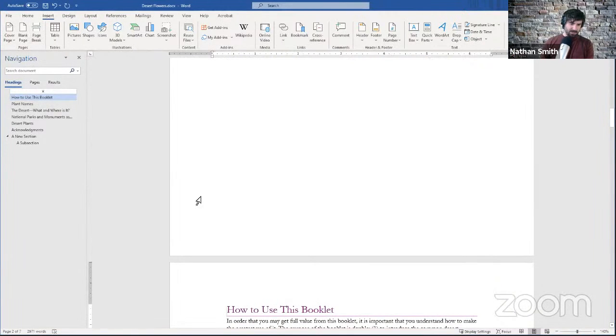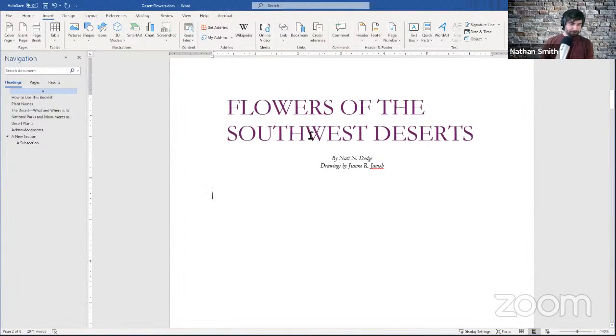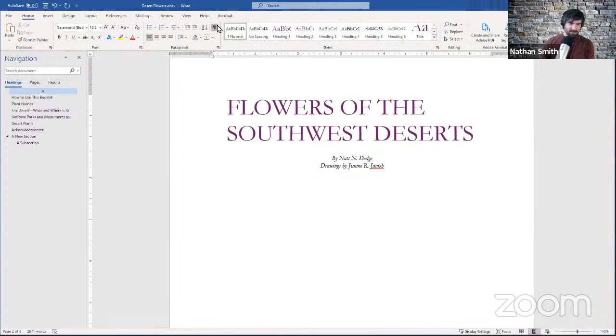Here we go, page break, excellent. Okay, so I've got this blank page, and presumably on this blank page, since it's got the title, I want a table of contents here. What I'm going to do is